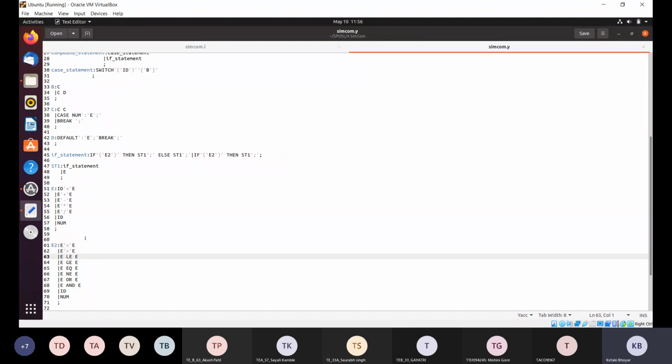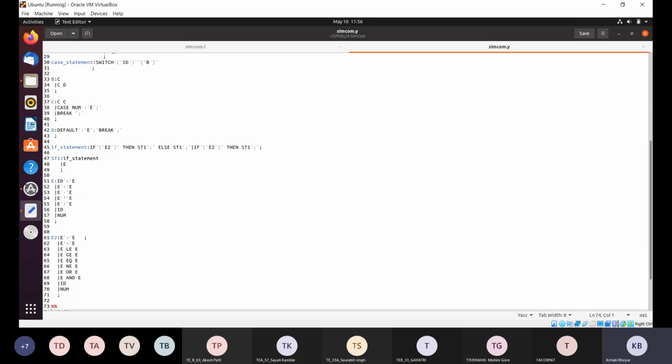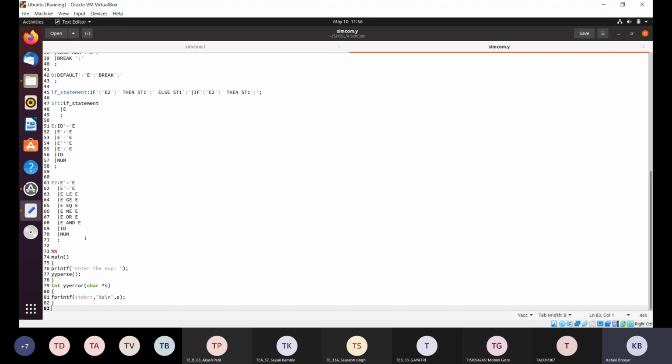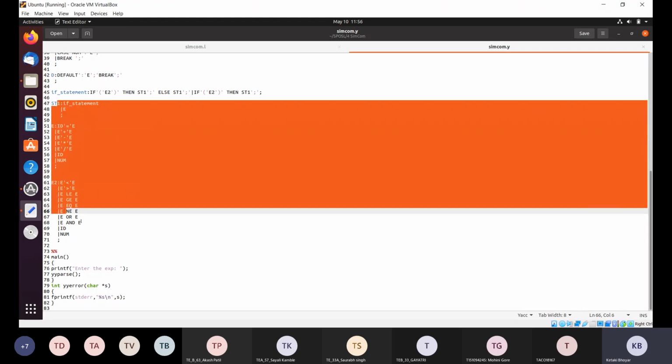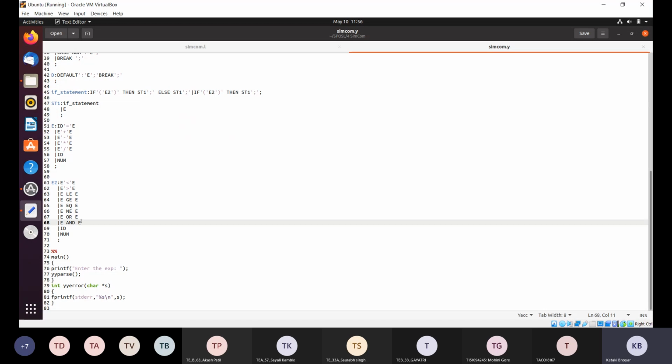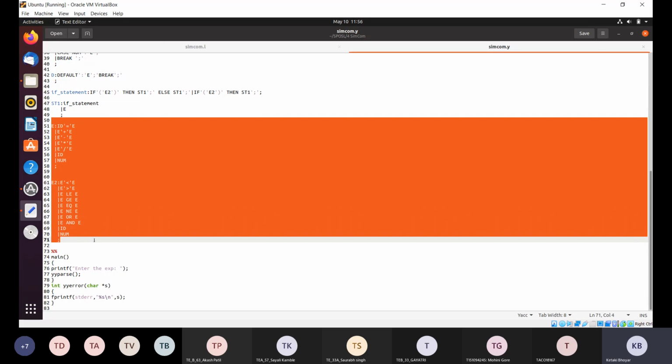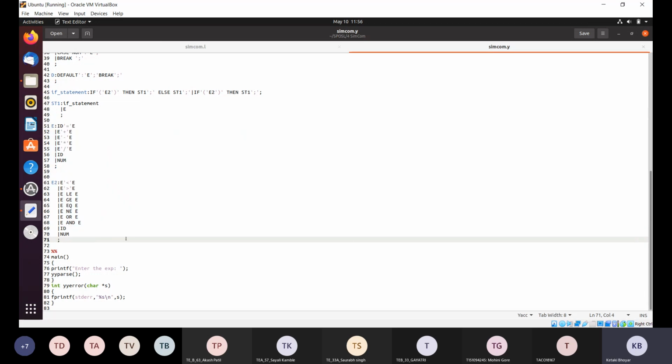E2 में देखो हमने less than equal to, greater than equal to, not equal to, ये सब tokens हमने mention किए हैं. Using those we have generated so many equations. So these are the different equations that we have represented. Those are possible to be included in the compound statement. This was the second part where we have written all the rules for defining the syntax of simple as well as compound statement.